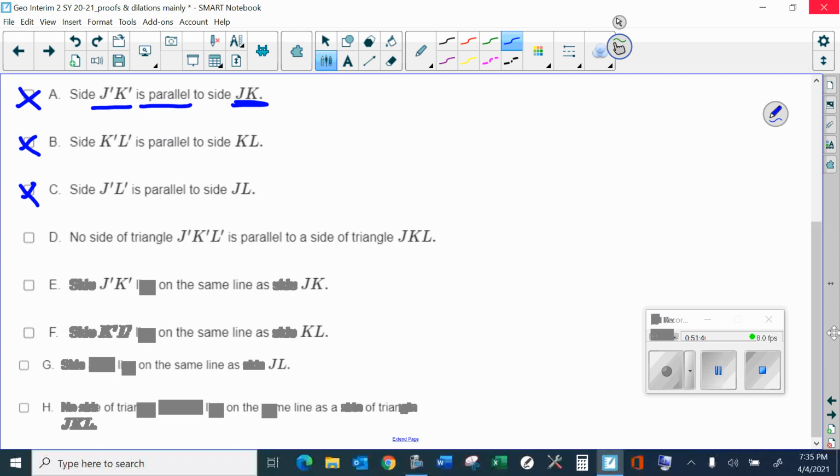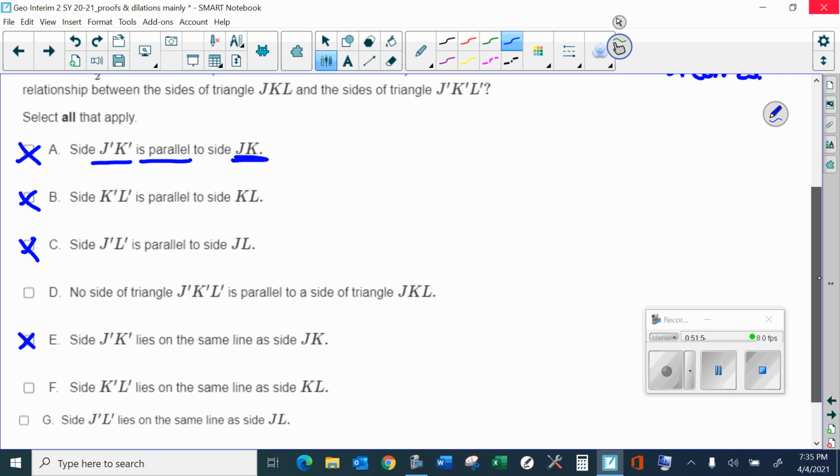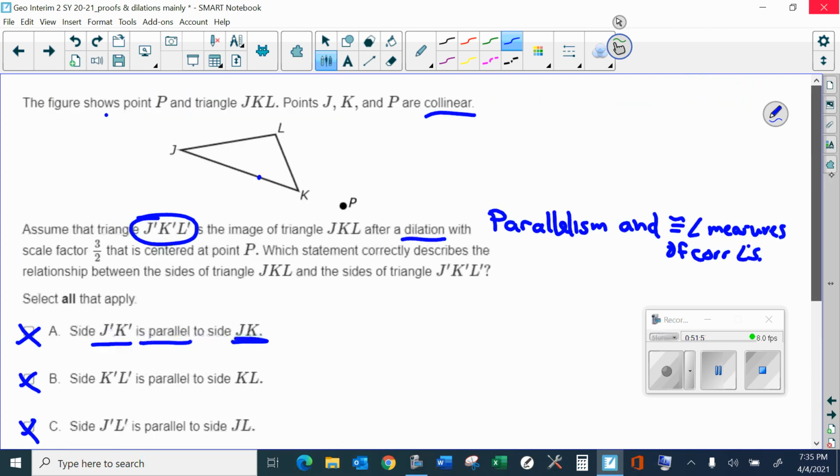Side KL lies on the same line as K prime L prime. It's not the same line. No, that's false. JL lies on the same line as J prime L prime. Oh, yes, the prime is on the same line. JL. Oh, no, JL. I was thinking,